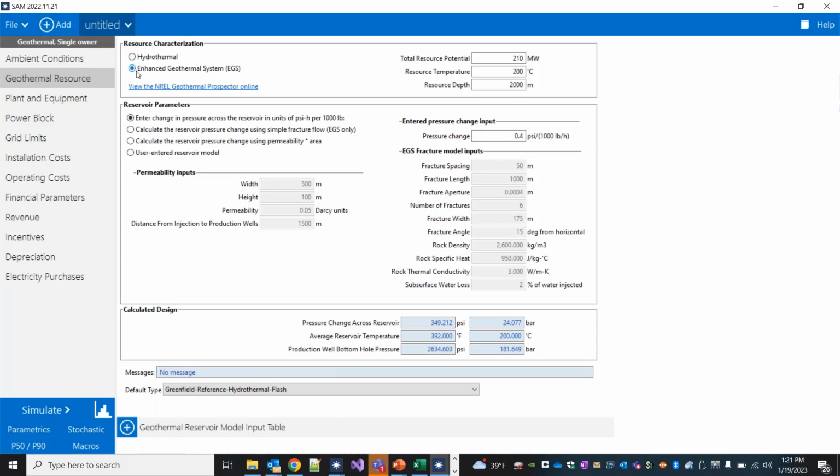When you have an EGS system, you can use simple fracture flow, grid garden-based calculations to calculate the reservoir performance. You can use a permeability model to calculate the reservoir performance. Or new to this version of SAM, when you are using an EGS system